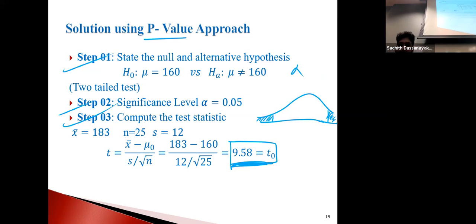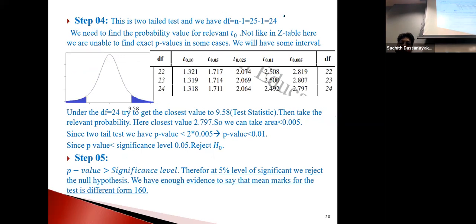How do we find that? Check this one. You already know this is the p value. You already know the degrees of freedom. So first find the degrees of freedom row. The 24 row means the last row, this one. Now you have to approximate, because this is the reverse process that we have discussed. So what is your value? Where is the value? 9.58, right? 9.58. Yes.